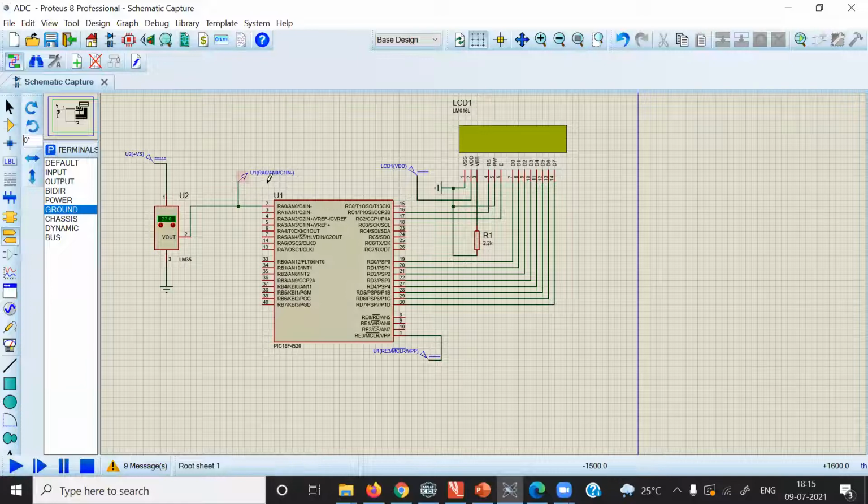I have already connected a probe here. So when we start the simulation, this probe will show the analog voltage of this LM35 temperature sensor. The rest of the connections are similar to our ADC project. We have already discussed the ADC project in C programming as well as in Proteus simulation. The only difference is we have just replaced the potentiometer by the LM35 temperature sensor. That is the only change. And the code is also modified. We have divided the ADC result by 2.055 so that it gets converted into actual temperature.